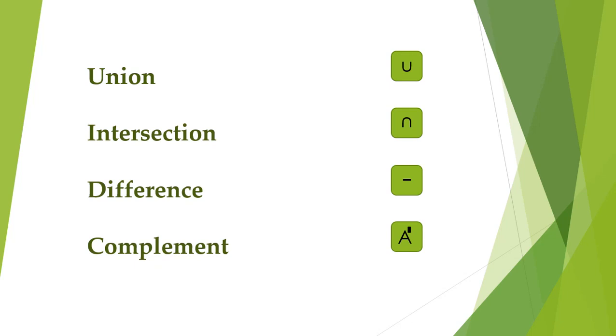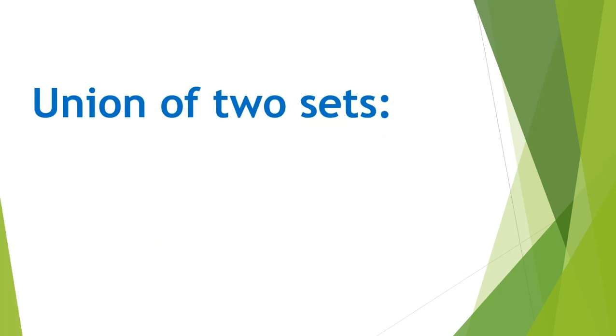Okay, class? Now here in this lecture, we are just learning 2 operations, union and intersection. Inshallah, in the next lecture, we will continue it. Okay, first is union of 2 sets. Now, what is union of 2 sets? Before telling you the definition of union of 2 sets, first I want to describe the word union. Union means together. That means you are making the things together.